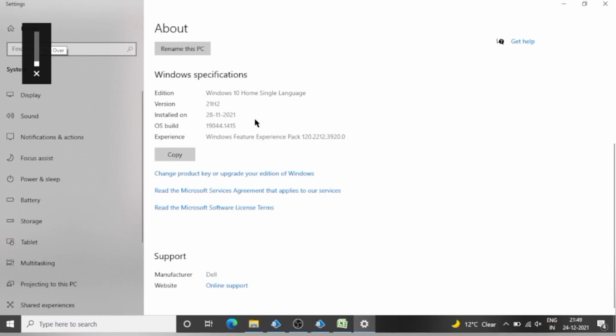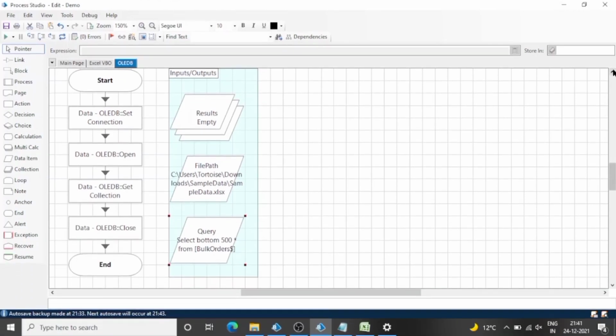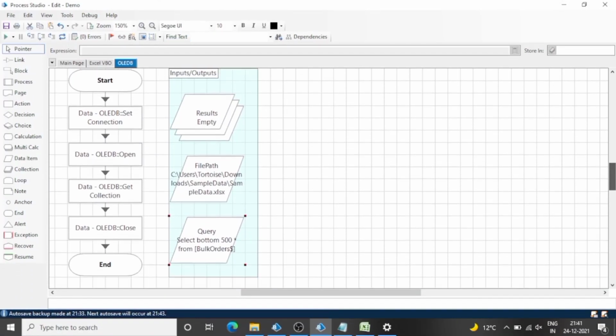It may happen that you can read 1 lakh, 2 lakh, 3 lakh rows on your system as well, but it is also possible that you can't read 50,000, 60,000 rows. It all depends upon your system configuration. So let's start and see.